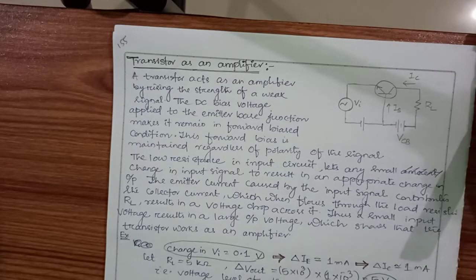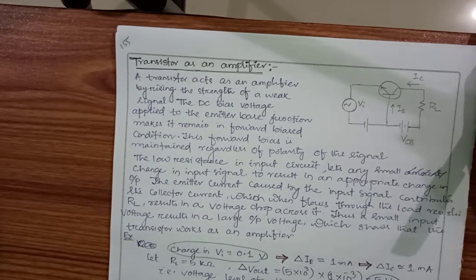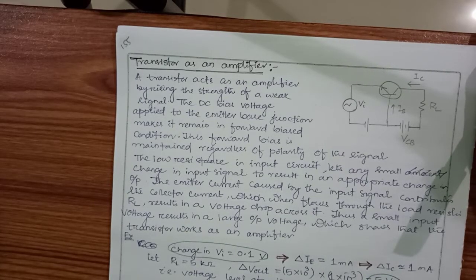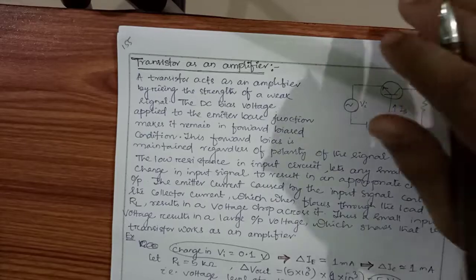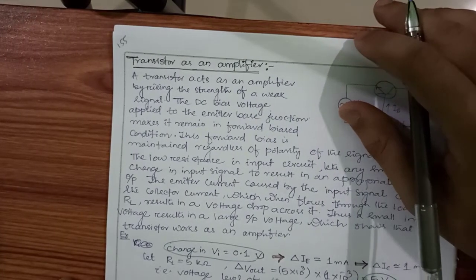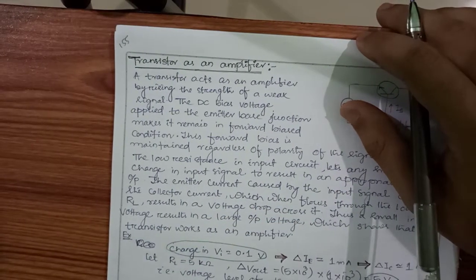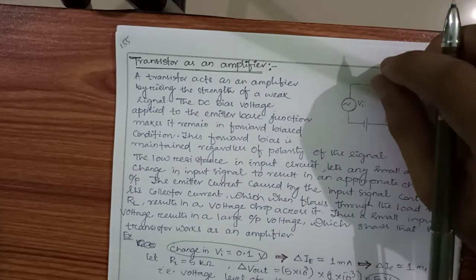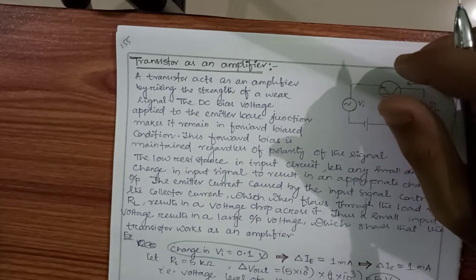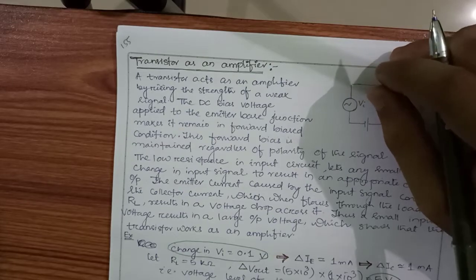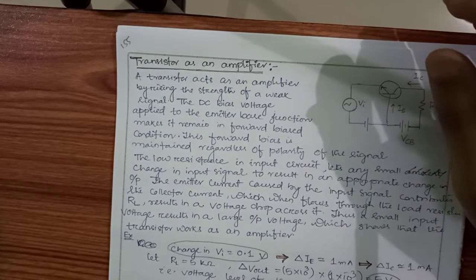In the last video, we have seen how a transistor can act as a switch. So today we are going to see how a transistor can act as an amplifier. So what do we mean by amplifier? Amplifier means it will convert a weak signal into a strong signal. Meaning if the amplitude at my input is less, then the amplitude will become high at the